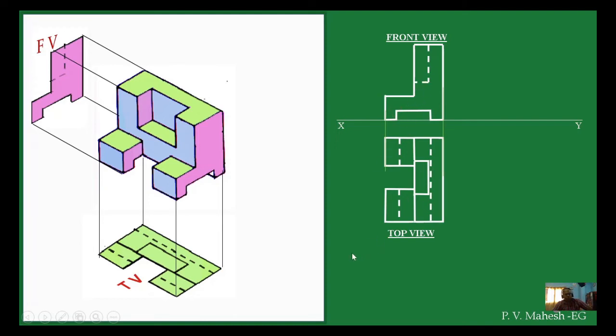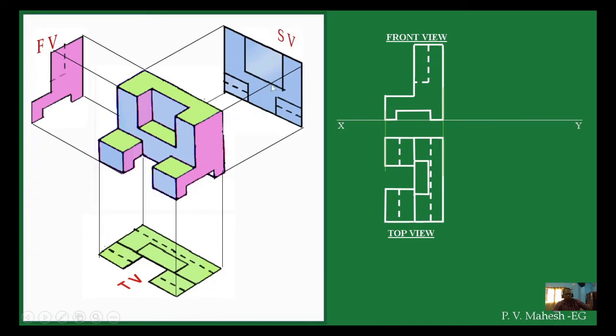So next one is the side view, left side view. So left side view will be coming like this. Here in the left side view, what you will see is these light bluish color things. This plane, this plane, this plane, this plane. These things are visible in the side view. All these lengthwise lines will become points. Okay, so if you see like that, you will see this one.